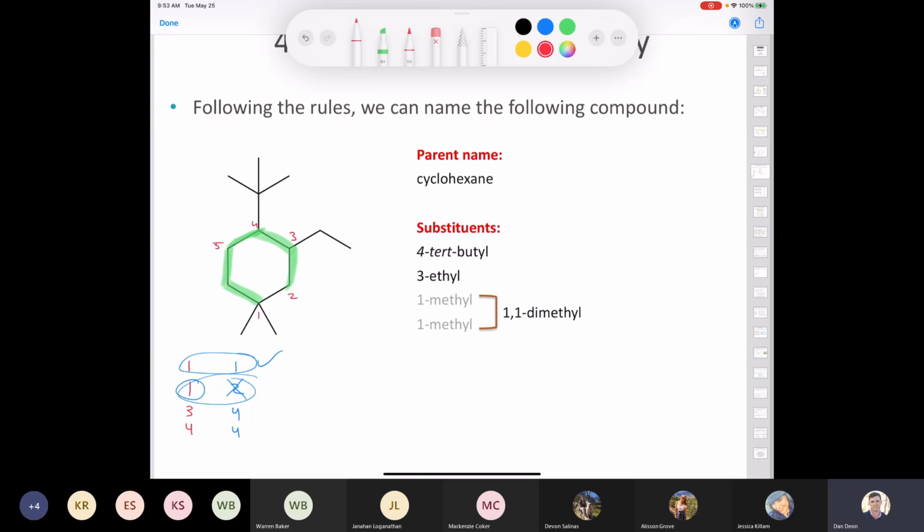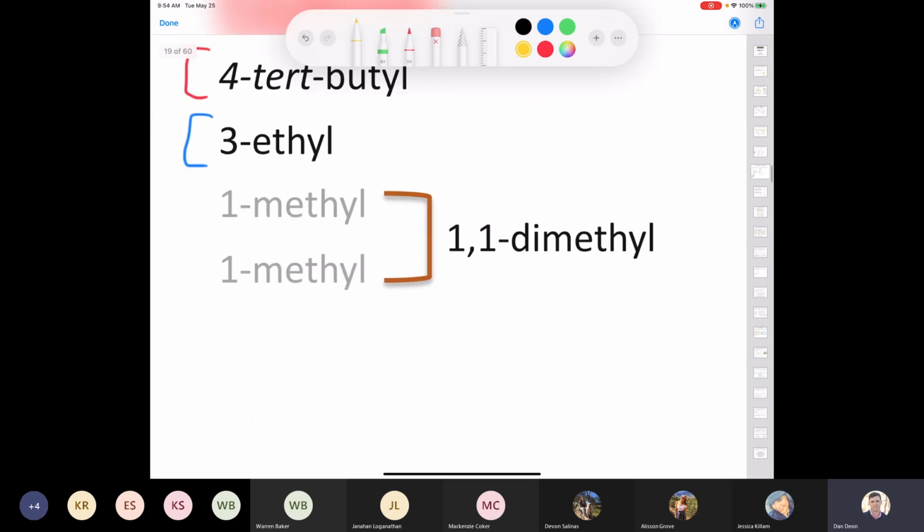And if you want to put 5, 6, be my guest, but you don't need those because there's no substituents on there. So what are the substituents that we have? At carbon number 4, we have a tert-butyl group, so 4-tert-butyl. At carbon number 3, we have an ethyl group, so 3-ethyl. And at carbon number 1, we have 2 methyls. So instead of saying 1 methyl and 1 methyl, we say 1,1-dimethyl. Remember I told you that numbers and numbers are separated by a comma, and numbers and letters are always separated